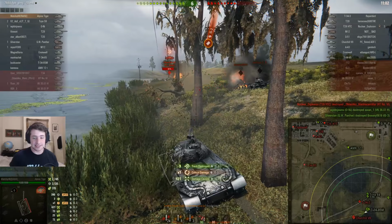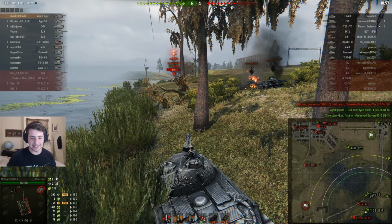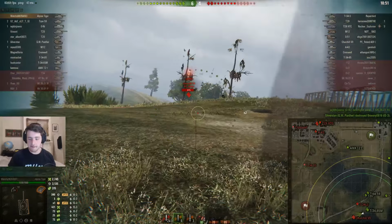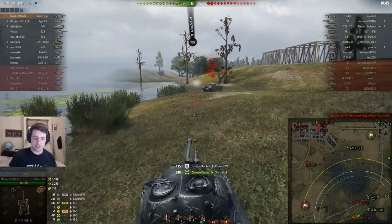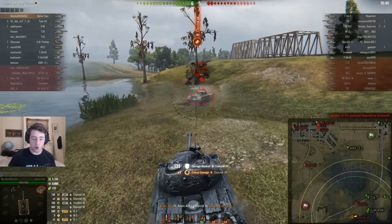He does get tracked, but I think it went into that troll armor on the side and just took off his tracks at the same time. So it's very lucky there for Matchy. But, well, I suppose there's nothing to complain about, really. He is able to go around and really bully this Churchill 7. He's changing over to the AP rounds here, but you can see he's used pretty much all, not all, but the majority of his premium rounds,